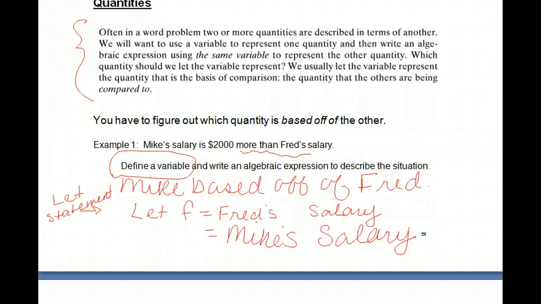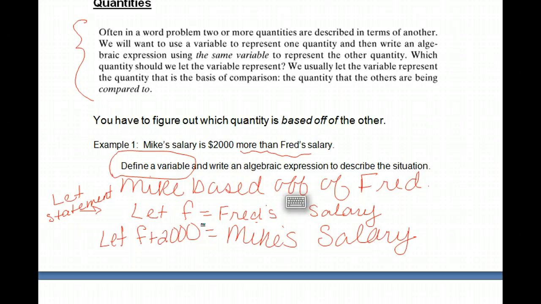So that means that we have to use F. So we're going to write Mike's salary in terms of F. But we know that Mike's salary is $2,000 more than Fred's. So if I start with Fred, more than means addition,